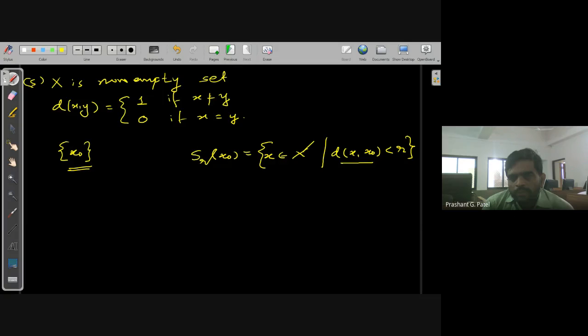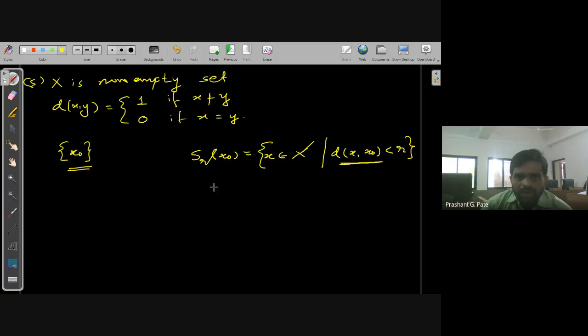There are two possibilities: either x is equal to x0 or x is not equal to x0. So there will be two possibilities for this d, either it is 1 or it is 0.